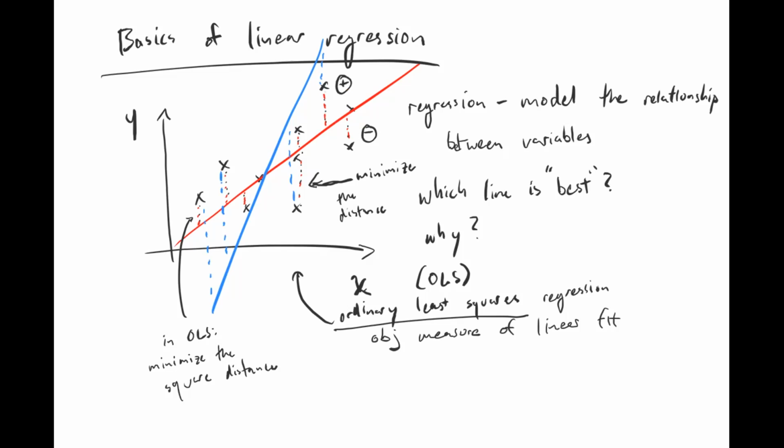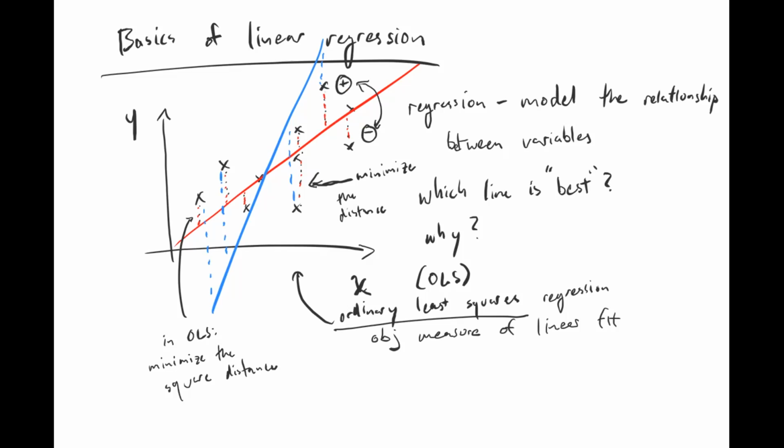So if you don't square them, then these terms can actually cancel each other out, and you can get some bias depending on if you've got lots of points above or below the line. And so by squaring it, you're basically saying I care equally about points being above the line and being below